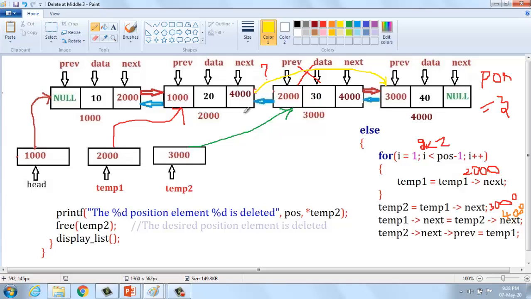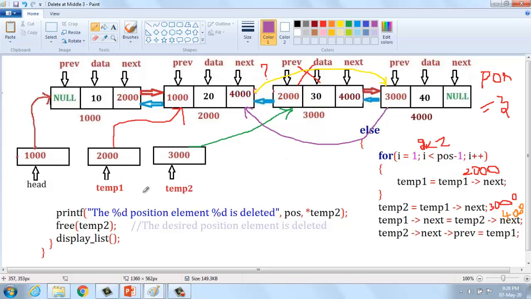And second, we have to make a connection from here to this location. Already we have 3000 that should be replaced. How are we able to replace it?